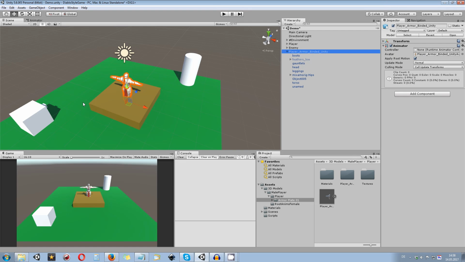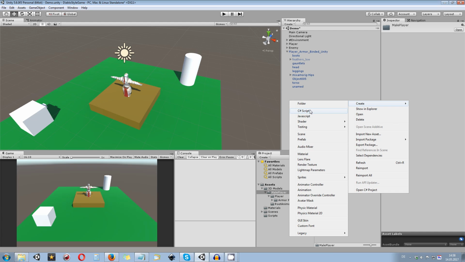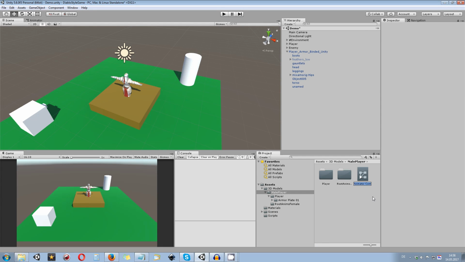And that's what we're going to do first. So what you can do is, in the player or in the main player, it doesn't really matter which folder you're using, but make sure it's somewhere in the main player. And here we're going to right click and create a new animator controller, this one over here, and we can call it whatever we want. We can call this one just night, or if you want to be more precise, you can call it